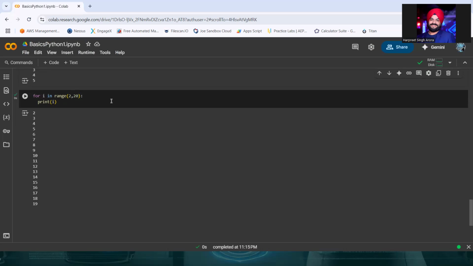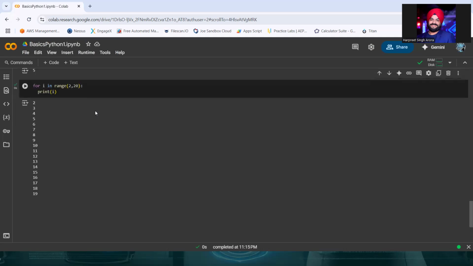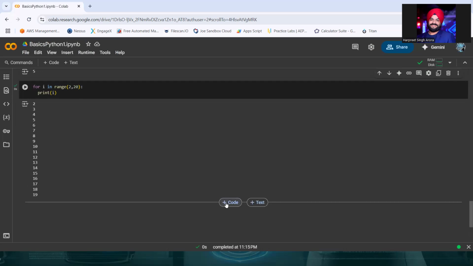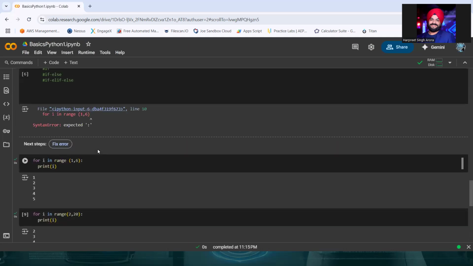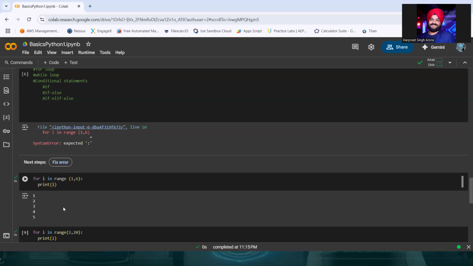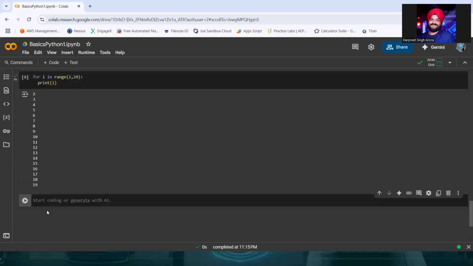So is there only one loop? Before we answer that, we can write this range in other forms also. For example, if for this same example I want to print from 0 to 5, what will I use? I will simply say